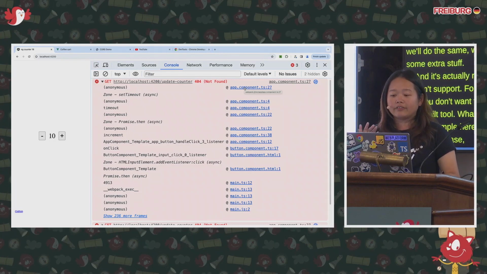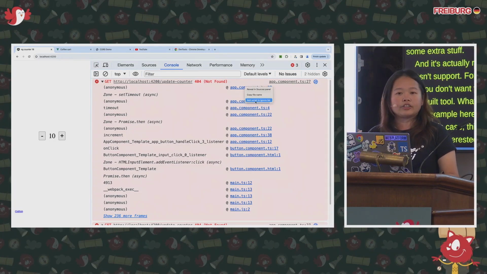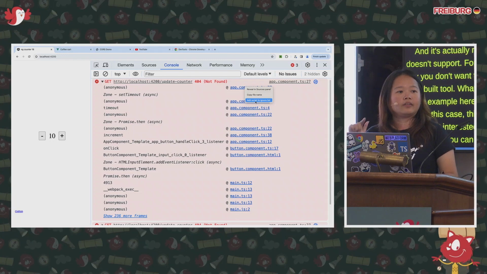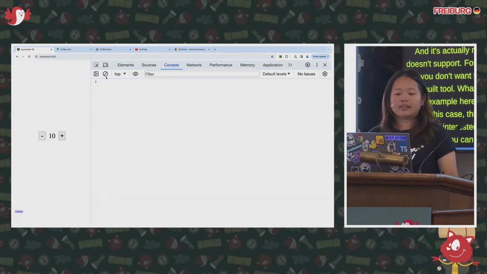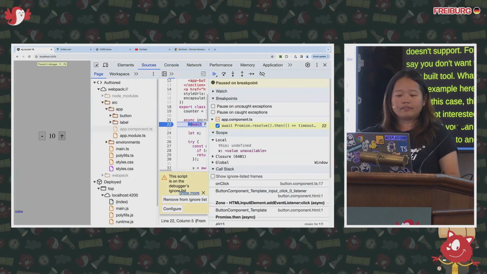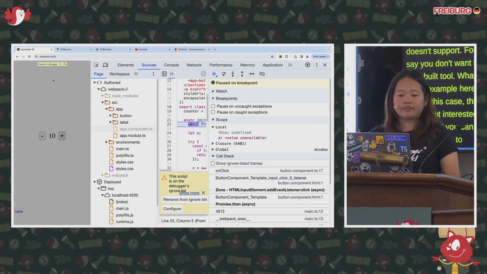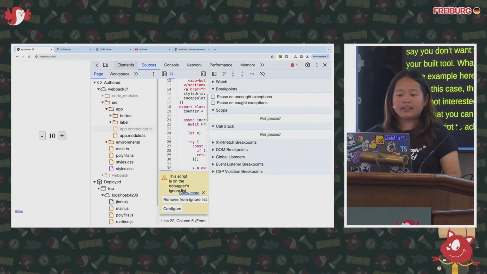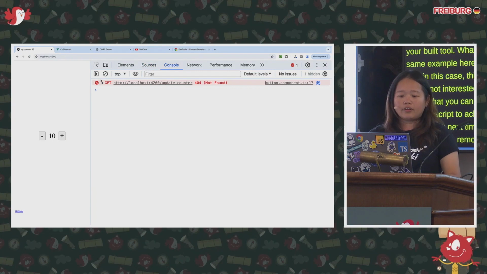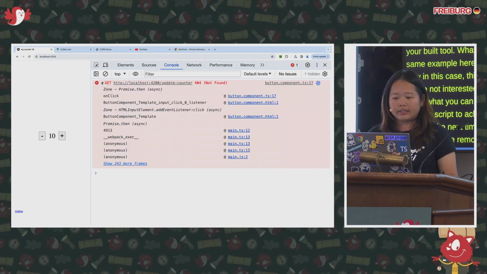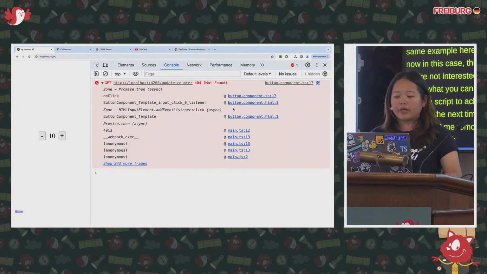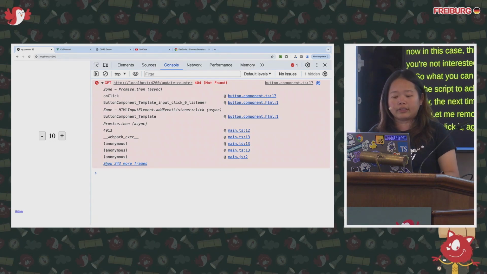So you can right-click it and add this script to the ignore list. Click on that, clear it. The next time, OK, let me remove the breakpoint. The next time you click it again, it will only show you the button and main.ts, because you chose to hide app.component.ts. We hide them under here.